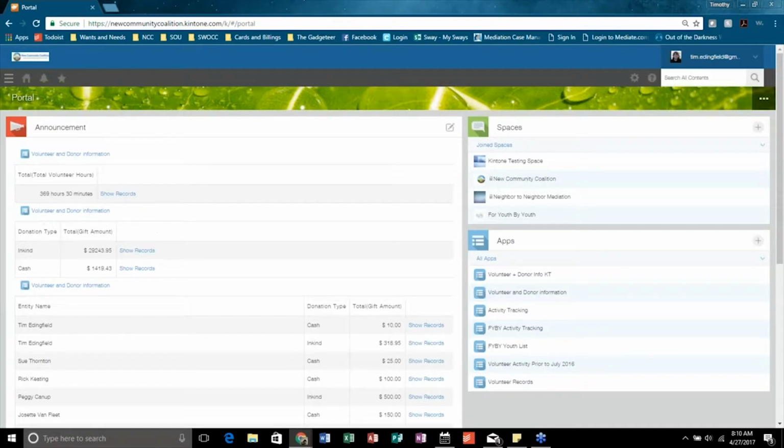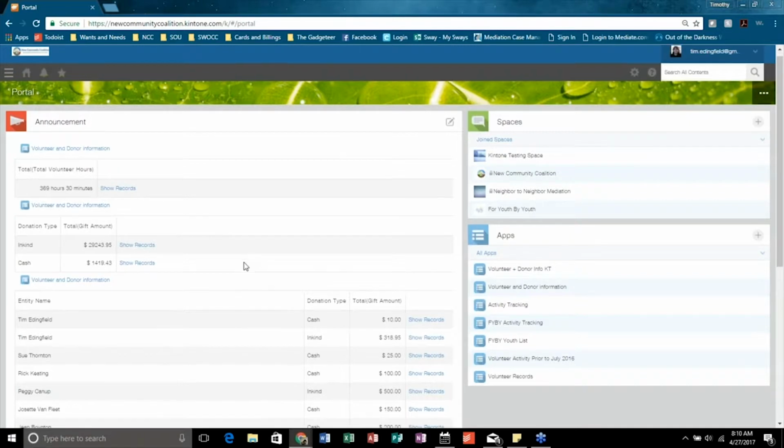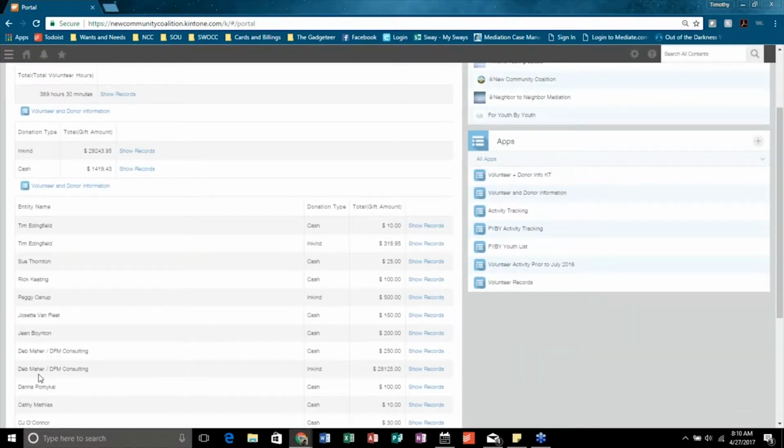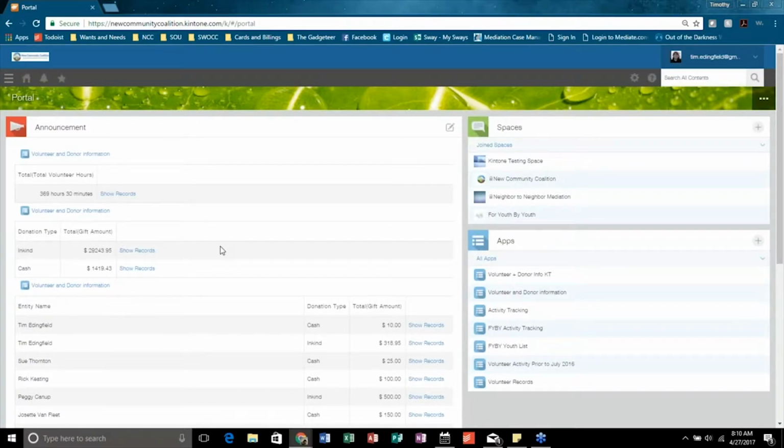For instance, it tracks the total volunteer hours. You can track in-kind and cash donations. You can even break it down to individual donors and their types. Kintone has been able to allow me as a developer to customize the needs of my organization.